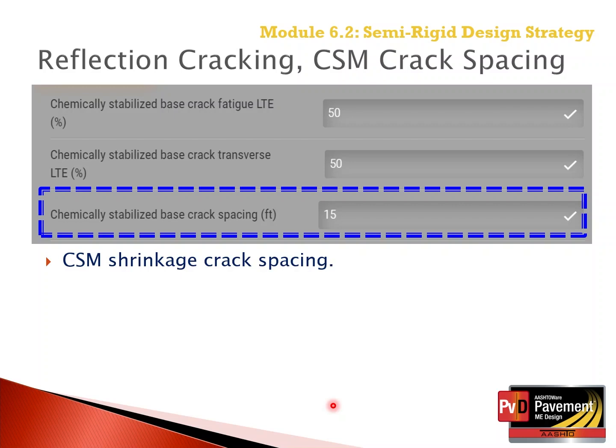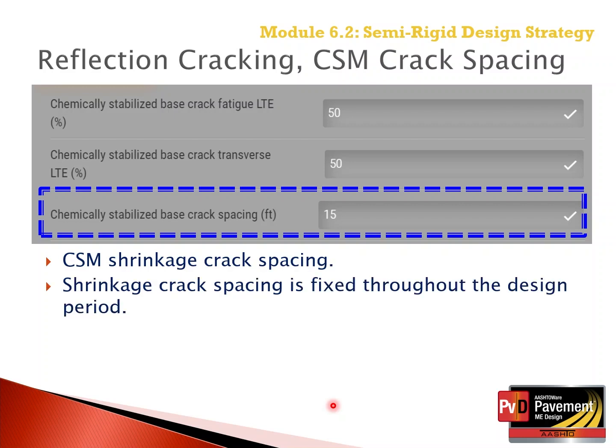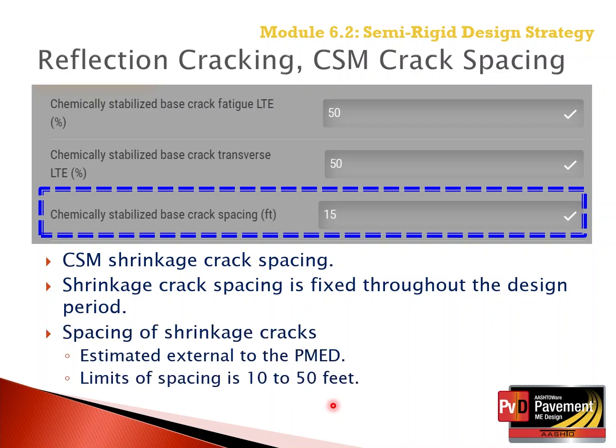So the shrinkage crack spacing is fixed throughout the design period. In other words, whatever value the user enters remains constant, and there's no additional shrinkage of the layer throughout the design period. And that value has to be estimated external to the software, and the limits of the spacing are somewhere between 10 to 50